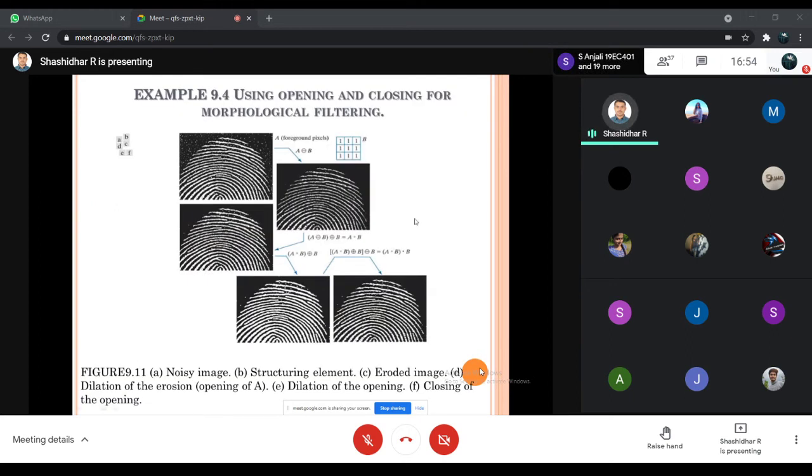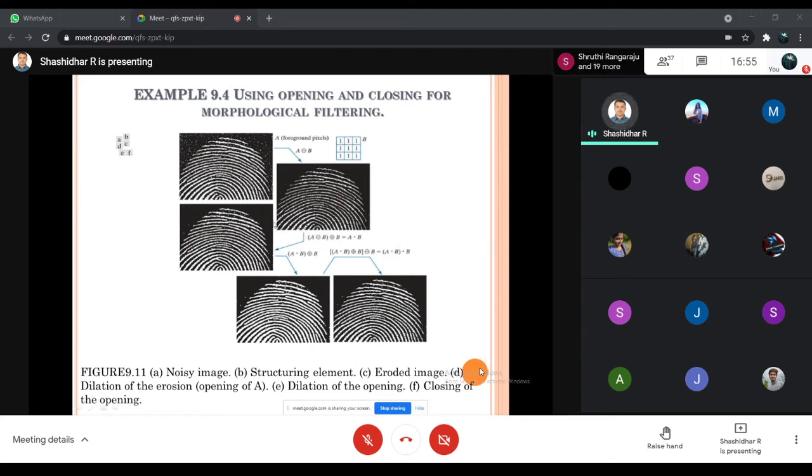Okay, this is an example of morphological opening and closing operations. This is the structuring element, which acts like a filter here. This is A, the foreground pixels. A erosion B means you are using a structuring element of all ones, and the output erases some of the dots.